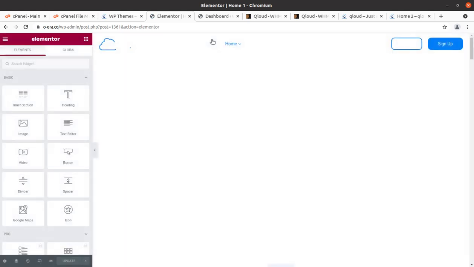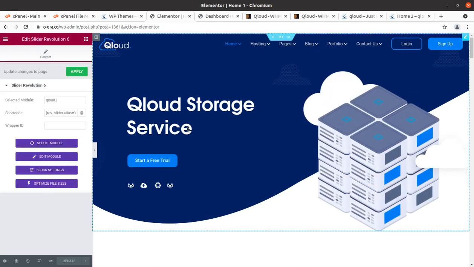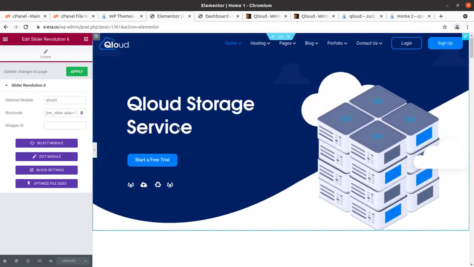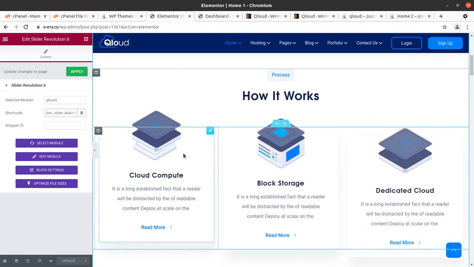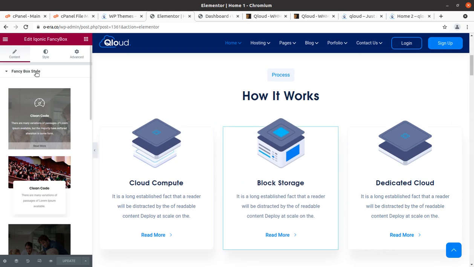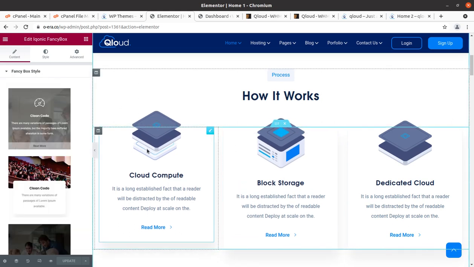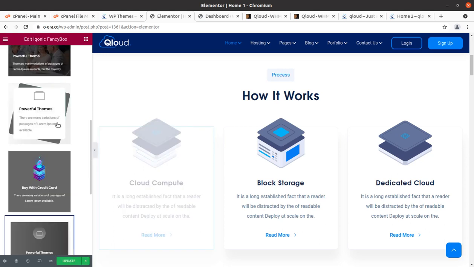So if you are making this website, you are already a technical person, and with Elementor, it's always simple. Just click on the area, and this is the revolution slider area, so you can edit this part in the revolution slider portion, and for the rest you need to click on the area which you want to edit, and you shall be able to edit the content. Like this is fancy box, and you can change the fancy box layout. This has been used as of now. You can simply change to others as you need.